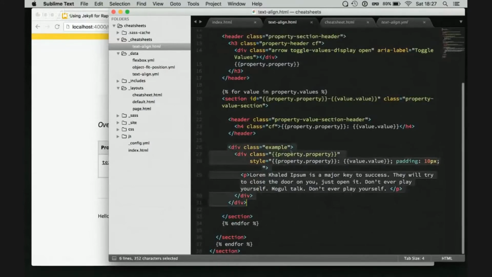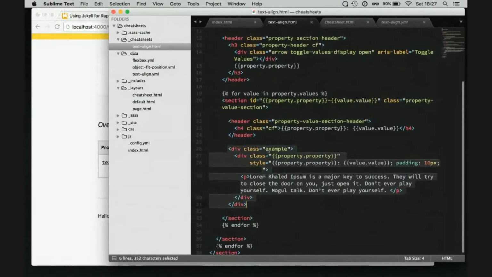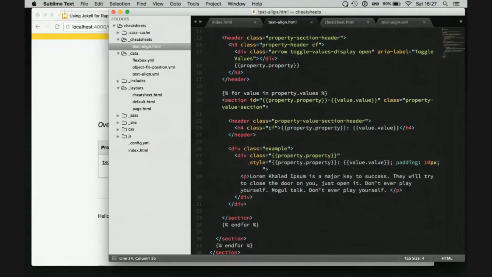This is where we really need to focus. So this div is where we have the example, and what we've done is set the property and the values. So by doing this, what we've just done is added the style so we can see its effect in the cheat sheet file. So if I save that and I just go back here,